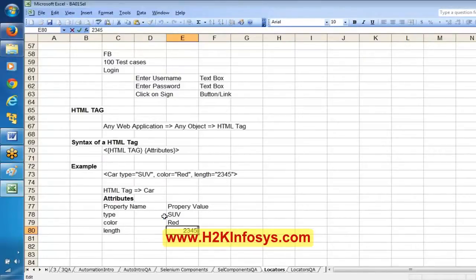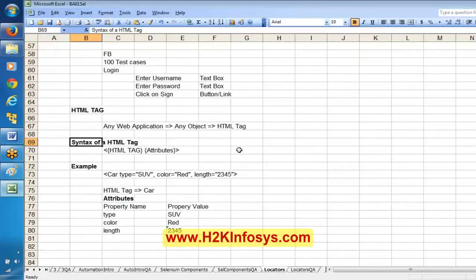Now, if you are able to understand this example and this syntax, that's it. Basically, you don't need to remember anything with respect to HTML. Of course, there are some basics that you need to remember, but once you start practicing Selenium, you will understand by default. Any questions on this example? I hope everyone is following this. If you understand this basic syntax, you can understand anything in HTML. I will show a real example, but as of now, I hope everyone is following this.